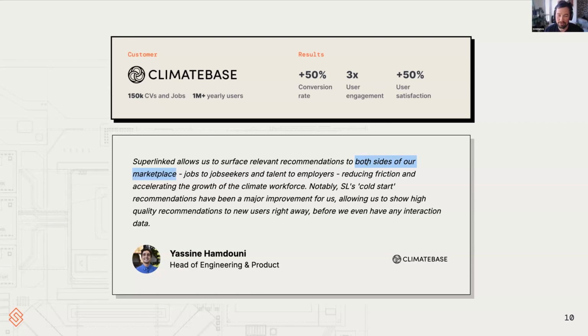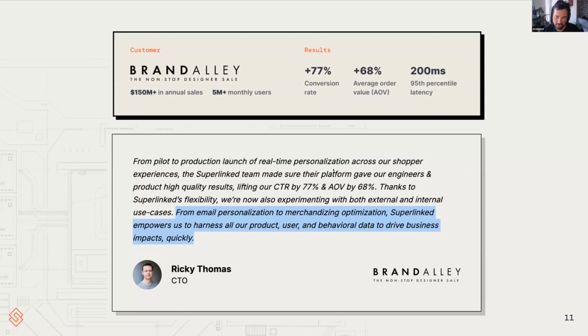that means that you have a lot of flexibility. So this company built a bunch of tools for the people listing the jobs on the marketplace and finding people, not just people finding jobs, right? You have a lot more flexibility because we don't bake search-specific stuff into the APIs. And then a similar case study with a fashion retailer that added more than $10 million to the bottom line when they started to work with us.